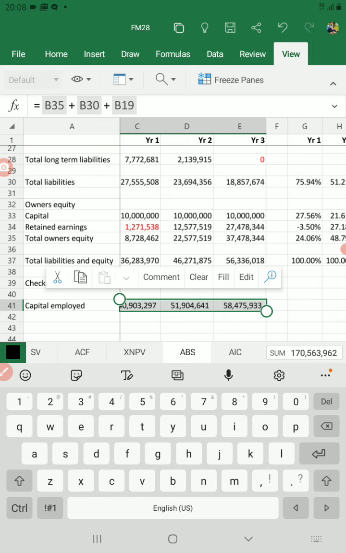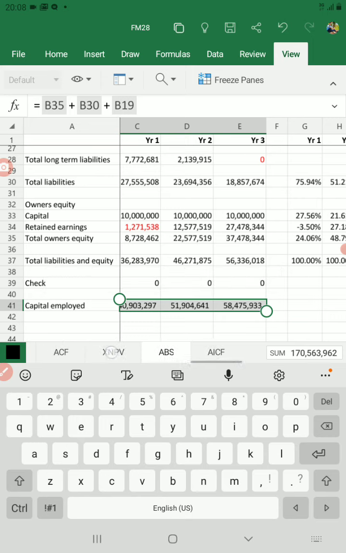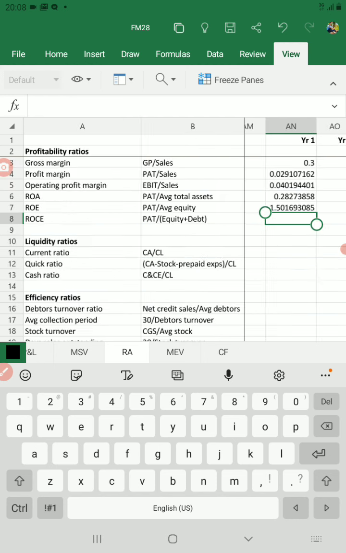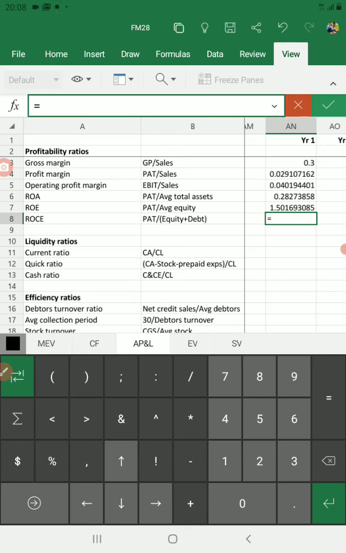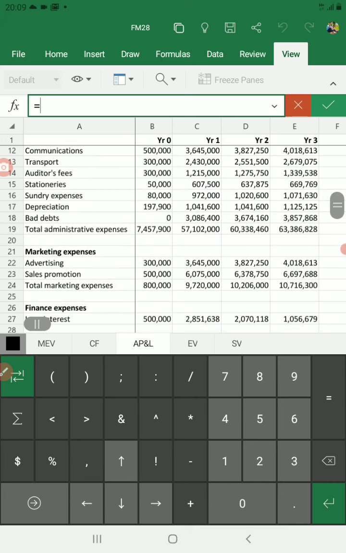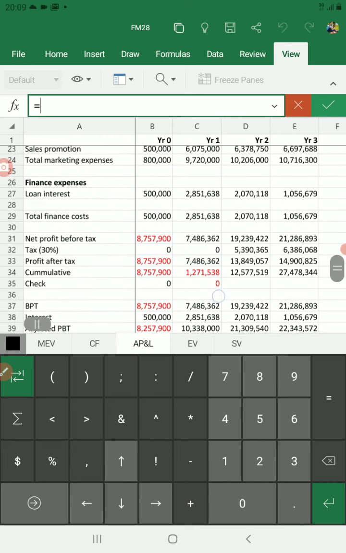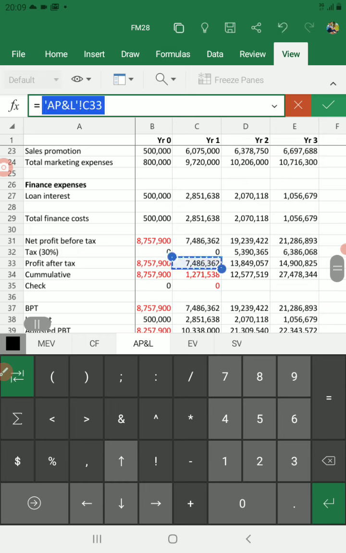Then let us go back now to our ratio analysis sheet here, and rows. So we start with an equal sign and profit after tax. We pick it from our annual P&L sheet here for year 1, which is this one, profit after tax, and then divide by average capital employed,